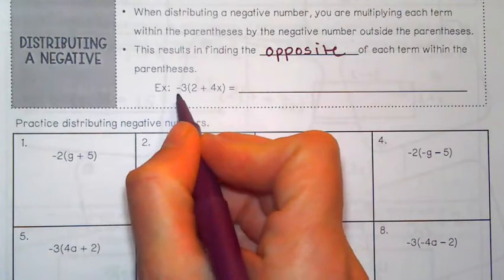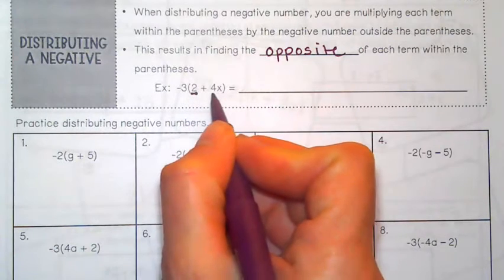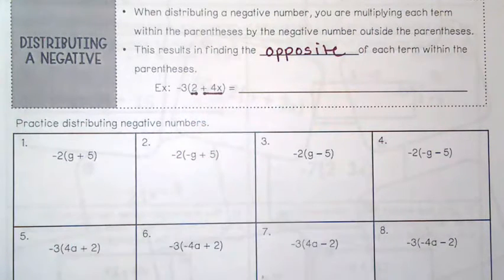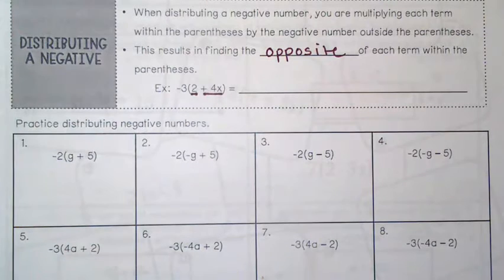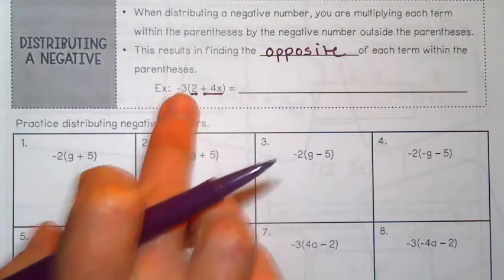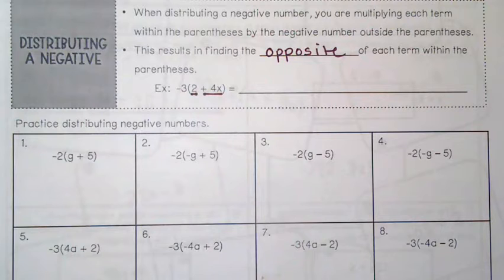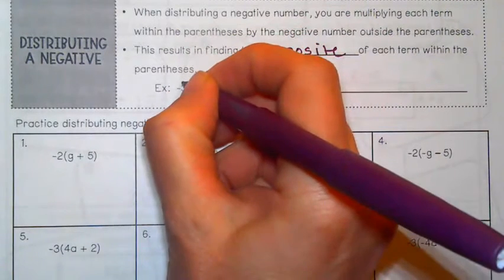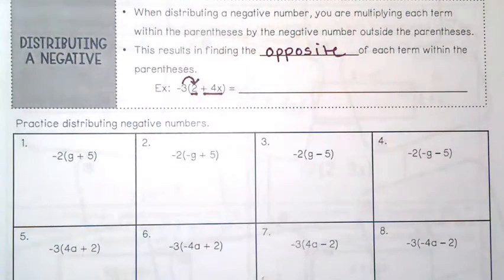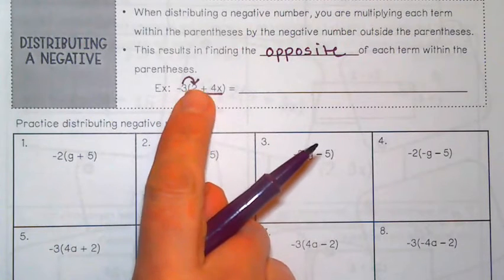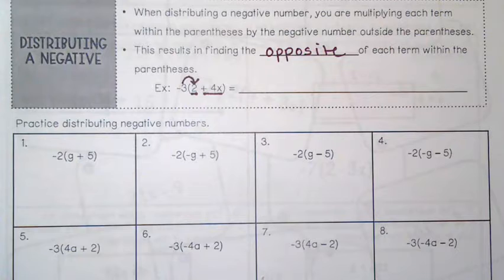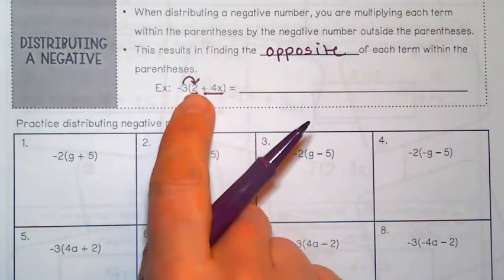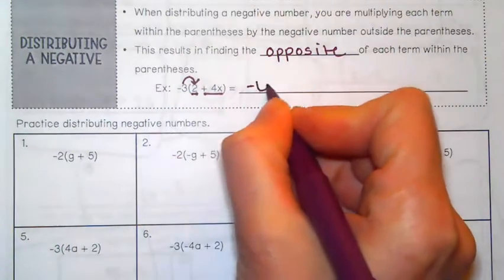Notice I have negative 3 times the quantity of positive 2 and positive 4x. So I've got positive terms in those parentheses, but I'm going to multiply them by a negative. We're going to see what happens to these terms when they're multiplied by a negative. So negative 3 is going to come into the house and say hi and multiply with everyone inside. Remember, when you're multiplying two numbers with opposite signs, negative positive or positive negative, your sign is always going to be negative. So negative 3 times positive 2, that's negative 6,